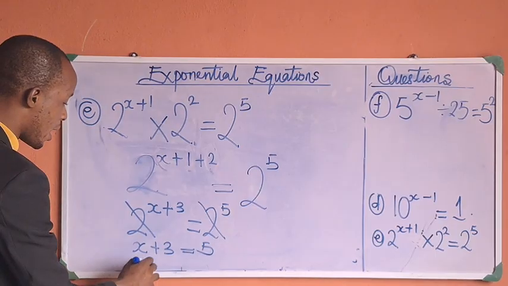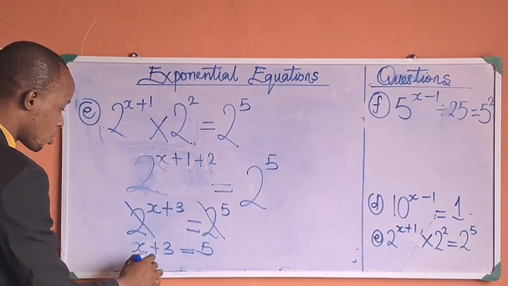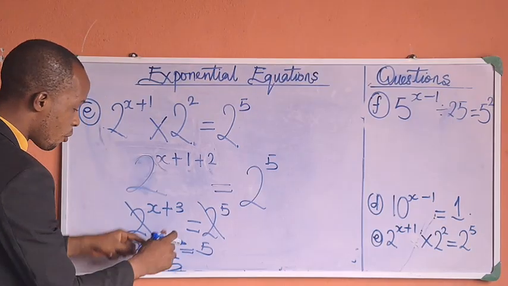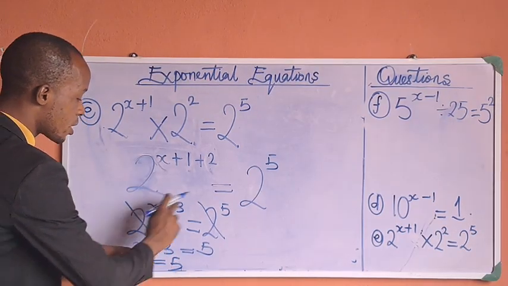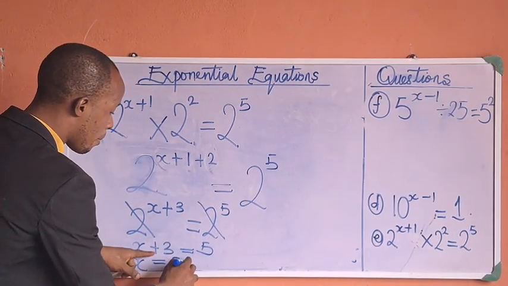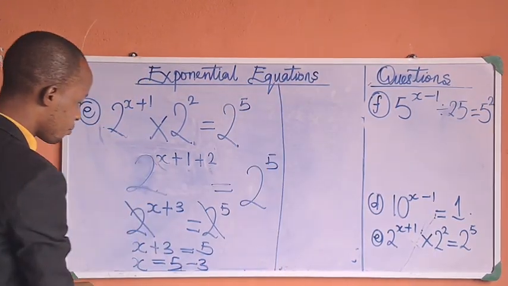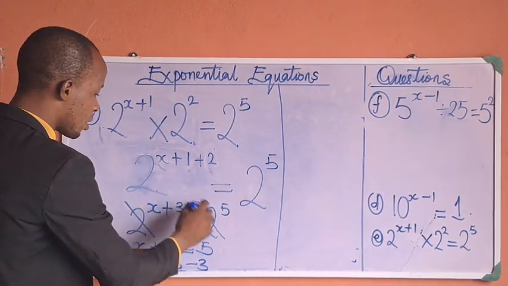I'm going to have x on this side of the equation equals to, I have 5 here already. Don't forget, plus 3 is crossing over to this side. It will become minus 3. Plus 3 moving to the other side of the equation